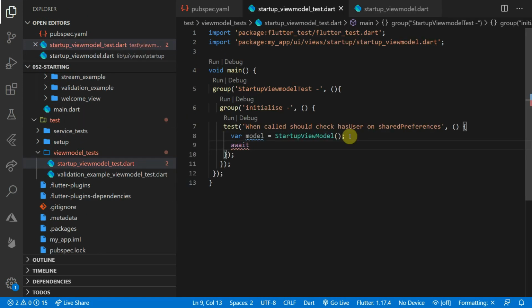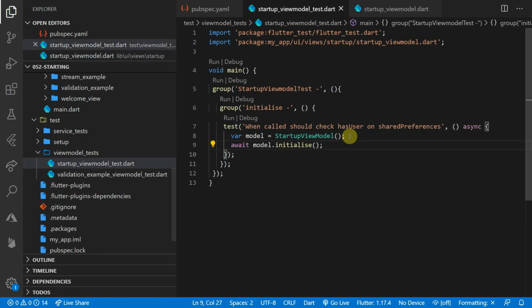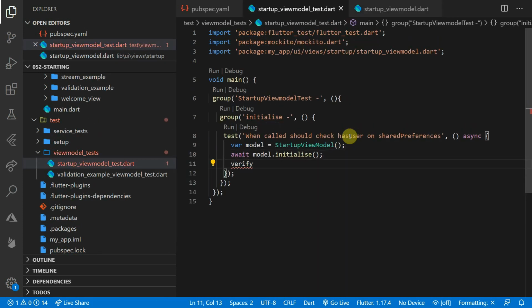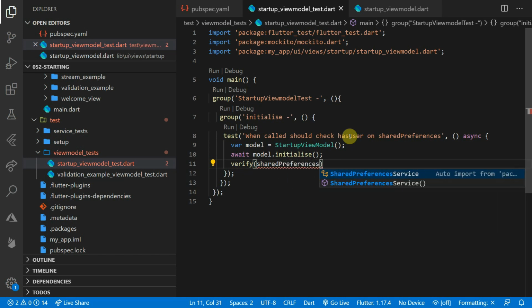Then we'll call await and we'll call the initialize function on the model. This function doesn't exist, and in TDD world that is already a failing test, so we'll write the code to make that section of the test pass. To do this, we will create the method using the shortcuts and assign a return value of type Future to the initialize function. Then we will use the verify function from Mockito, and we will check if the shared